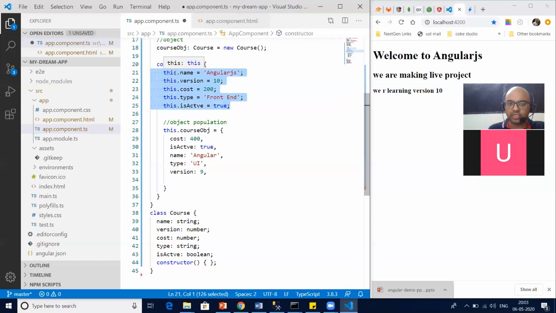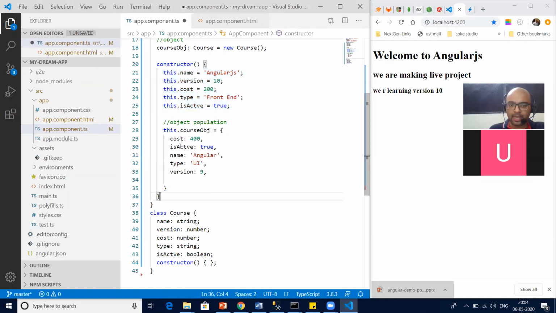The correct approach is when you see two or more properties which belong to the same feature, same group, which is course. So why not create a class named course and put all these properties under the course class?